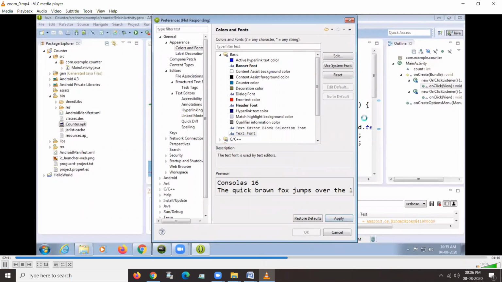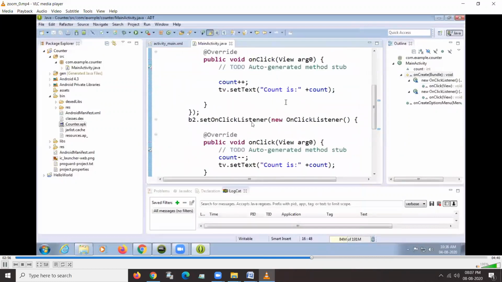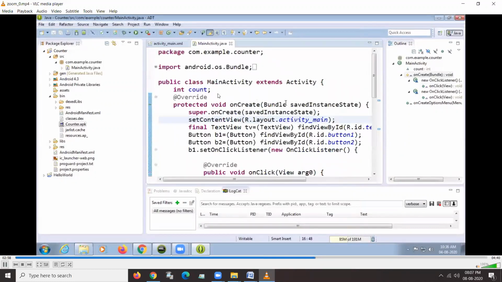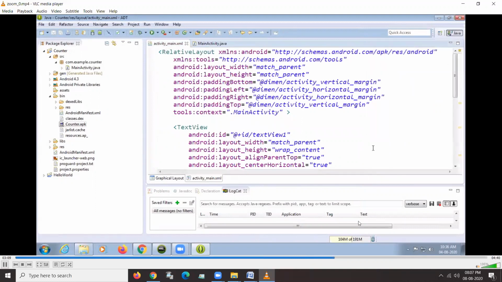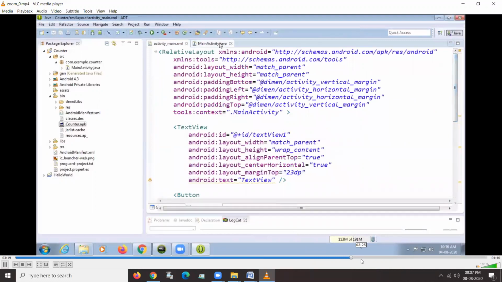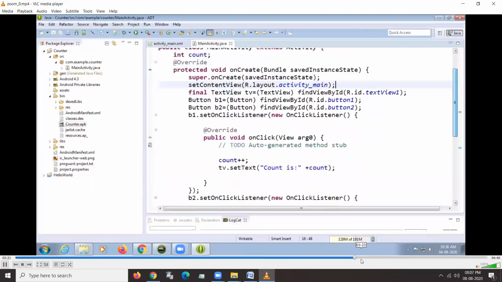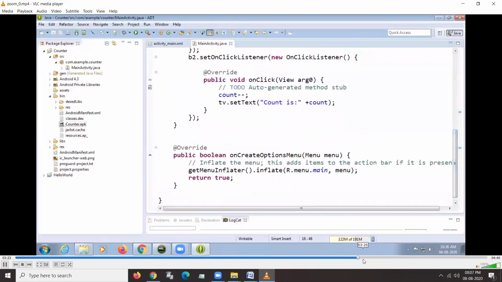Okay, so this is the maximize option. So the coding you can maximize, so you can clearly understand this coding. And this is the XML coding. Again you can use your XML coding and main activity coding, and the font size is increased.